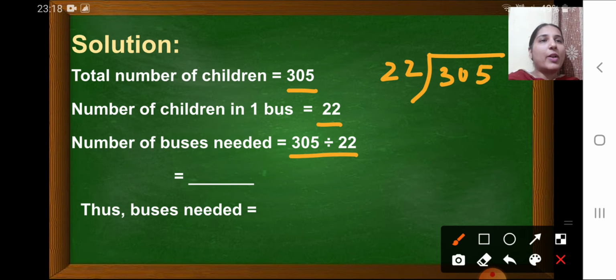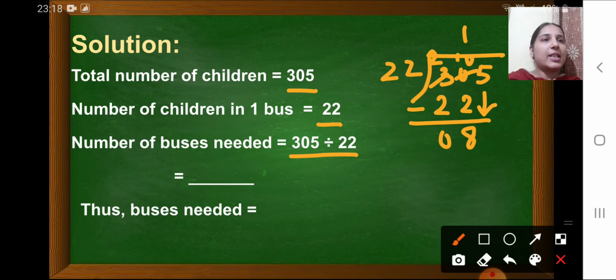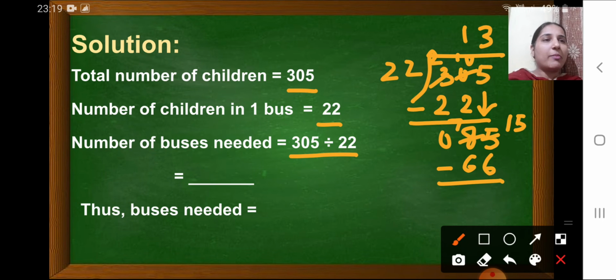So let's divide here. 305. So first we will go for 22 1 times. So here we will have 10 minus 2 is 8, here 0, because there we borrowed. Now we will bring down the next digit, which is 5 here. So 22 fours is 88, that will be more. So we will go for 22 threes, which will be 66. So here again we have to borrow. So 15 minus 6 is 9 and 7 minus 6 is 1. So children, here you can see the quotient that we obtained here is 13.